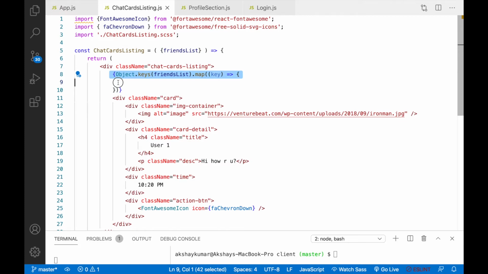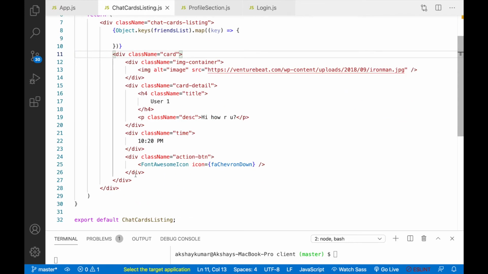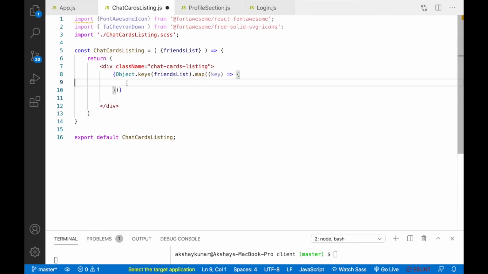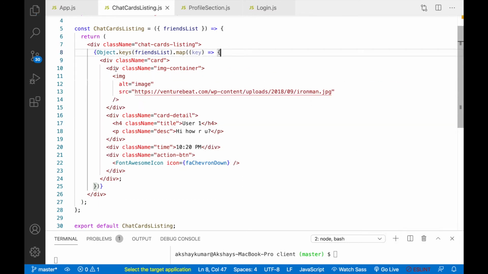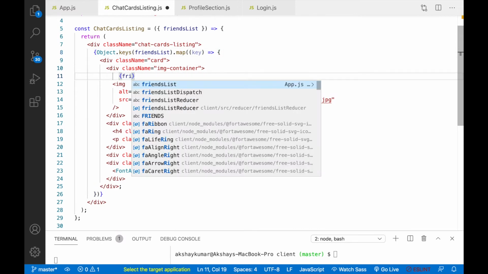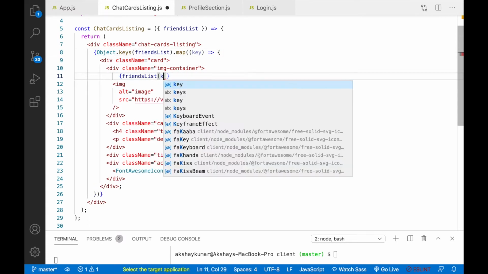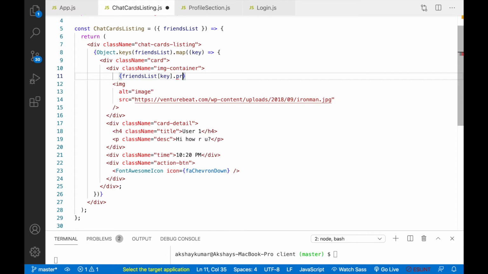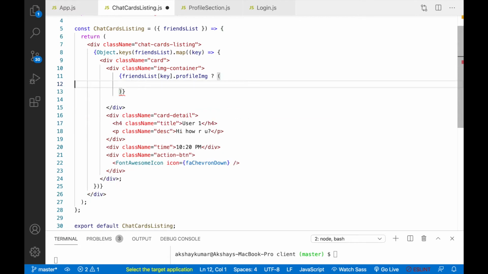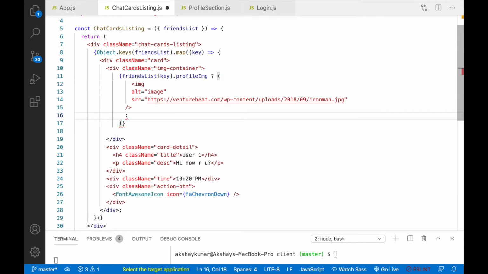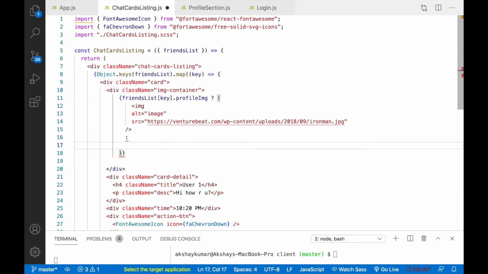So now inside this, we can actually copy everything or move everything here. I will just format my page. Inside our image container, right after this, we'll take friendList[key].profileImage, and if profile image is available, then we can move this image here, and if it's not available, call one icon here.